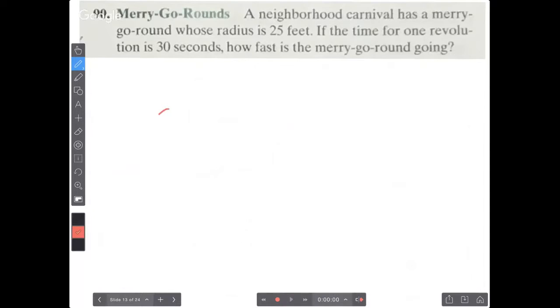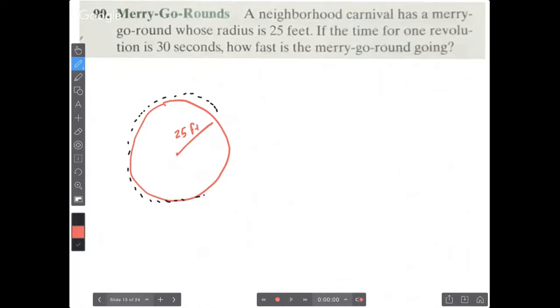Okay, so I've got a merry-go-round, and its radius is 25 feet, and one revolution is 30 seconds. So it takes 30 seconds to go like this. So we first want to know,